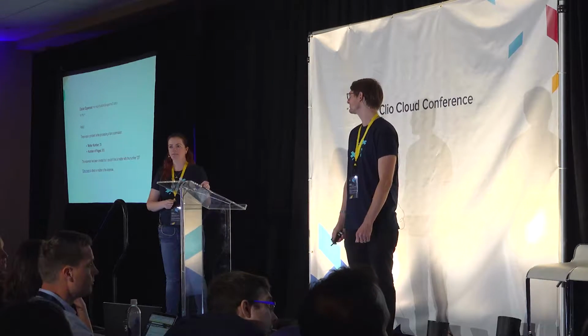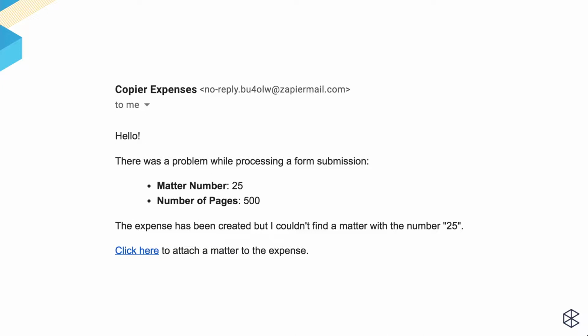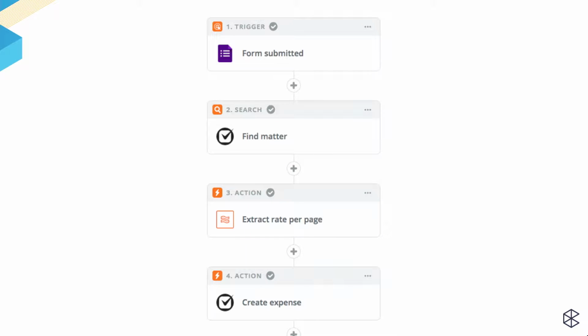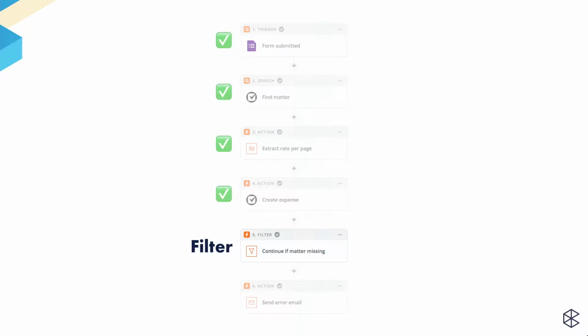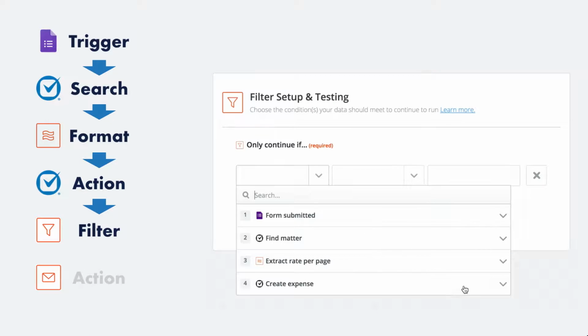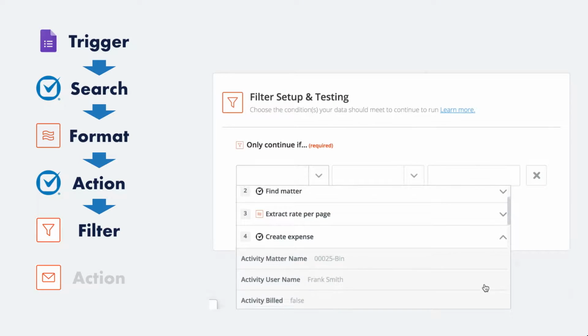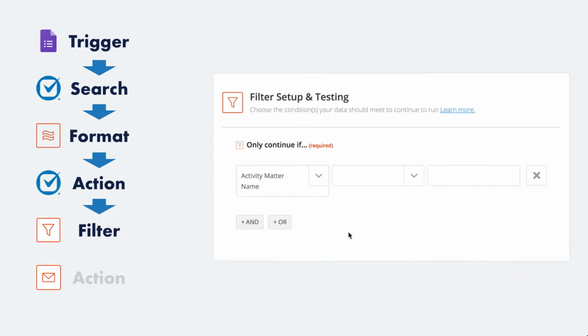And the important thing about that is that it does still create the expense. So even if somebody made a mistake inputting that information into the Google form, the expense is still in Clio. You haven't lost anything. So we've got our 4 steps here, and we're just going to expand them out and add another filter. So this time, it's a 2-step filter. We're going to choose the activity matter name in this case. So if we create the expense and there's no matter attached to it,